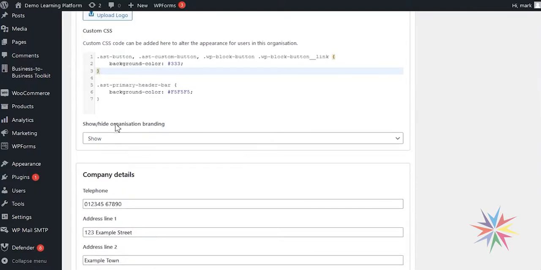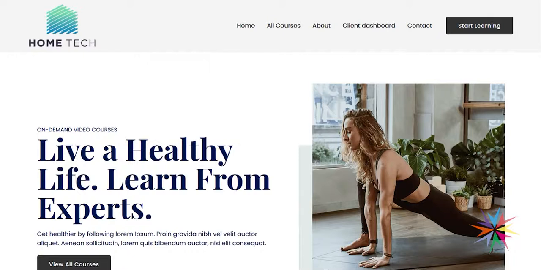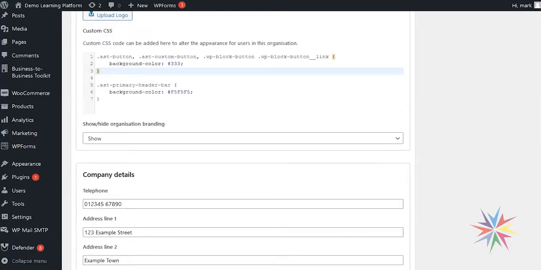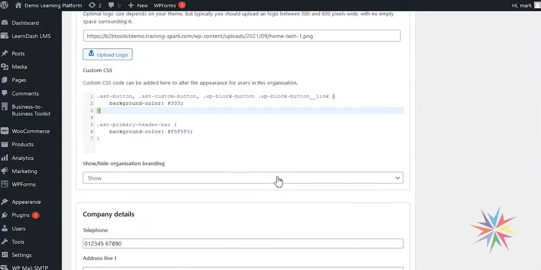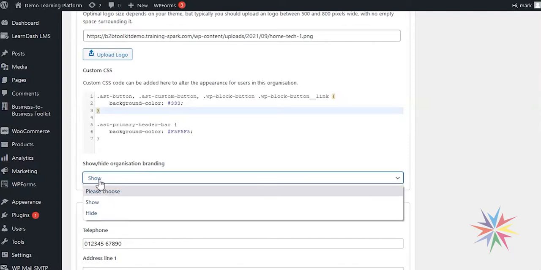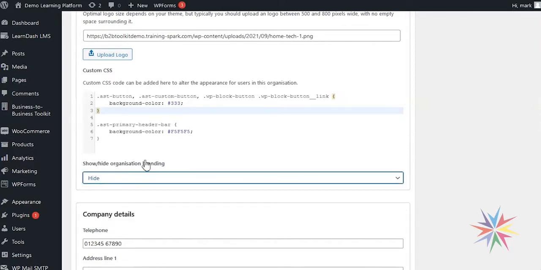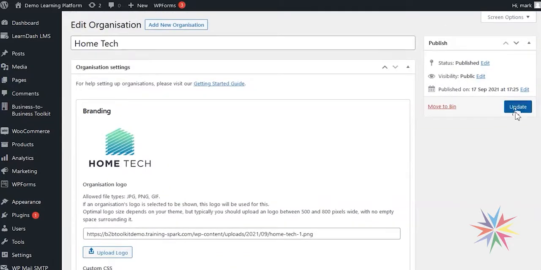You might not want to show overbranding at all. You might want to have Home Tech in here as an organization, but still show your own branding, so there's no reason why you have to have their organization's own branding in here. To do that, we drop this down and we've got the option to either show or hide organization branding. If I change this to hide now and then click update,